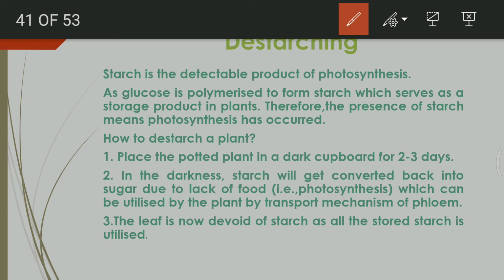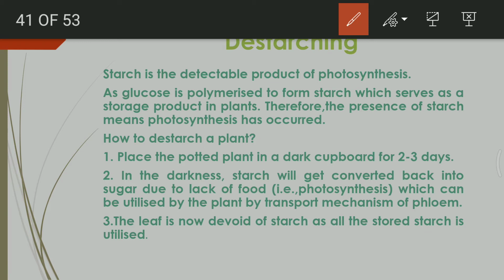If no photosynthesis occurs in the absence of solar radiation, the plant will utilize all the food present, like starch, in its leaves and other areas of the plant. All the starch stored in the plant will be utilized within 2 to 3 days, and after that we will get a plant which is completely destarched. So in order to destarch a plant, we just need to keep it in the dark so that photosynthesis is not